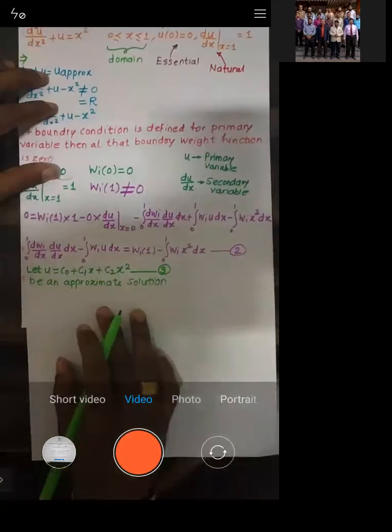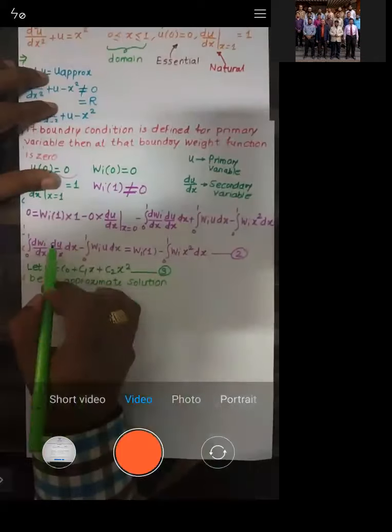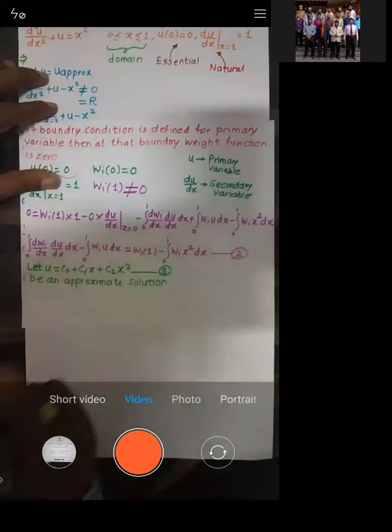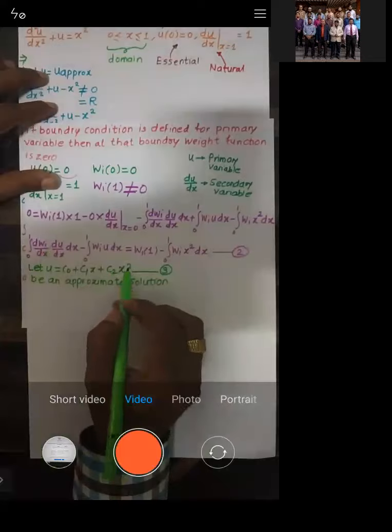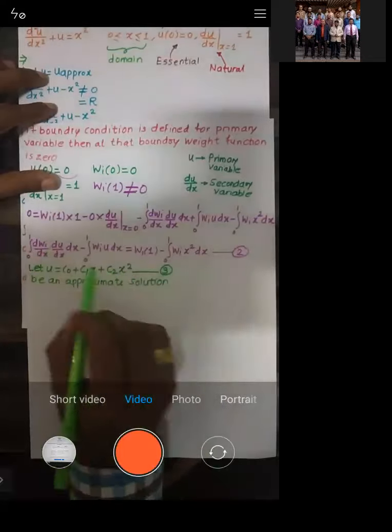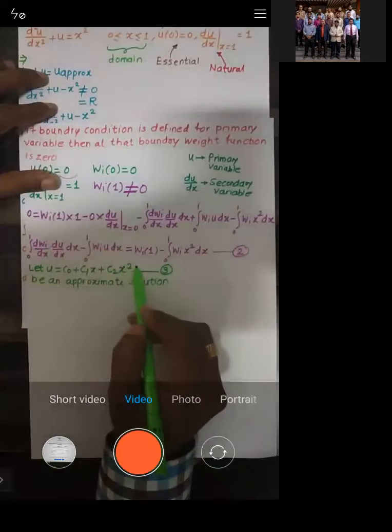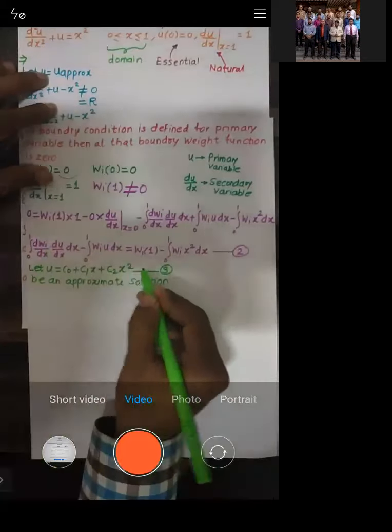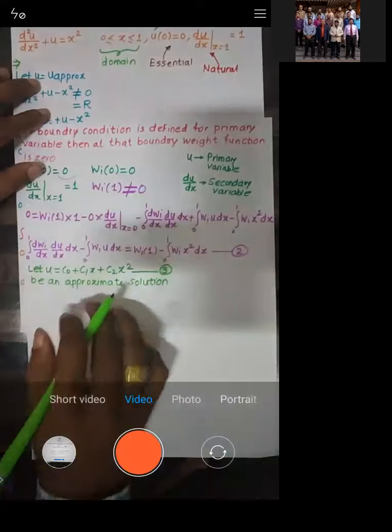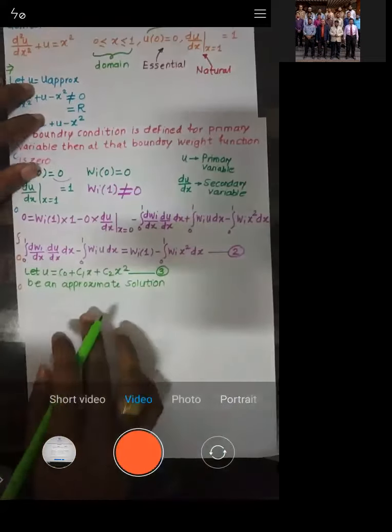This is the approximate solution, right? See, what is the order here? It is a first order differential equation, so we should take the power of x at least 1 greater than the order. The order is 1, so we'll take the power of x as 2. Now let us solve this equation.